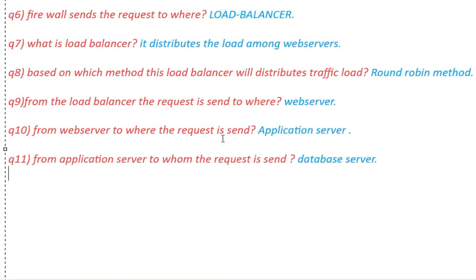Question 12. What is the HTTP port number? So this is the question. I hope you answered this question as well. The port number of HTTP is 80. So now the question is